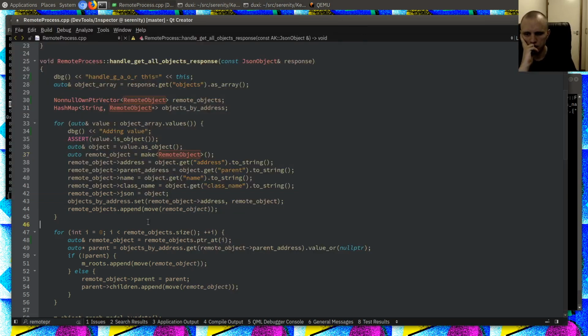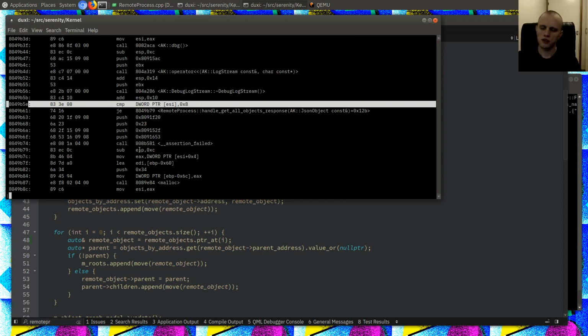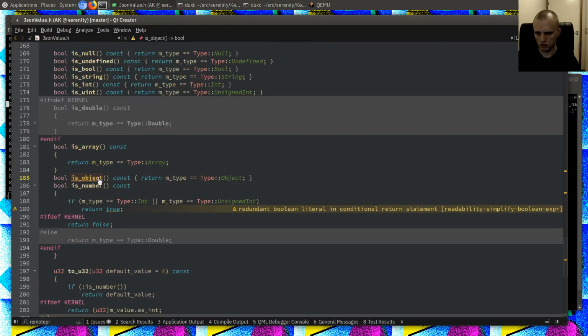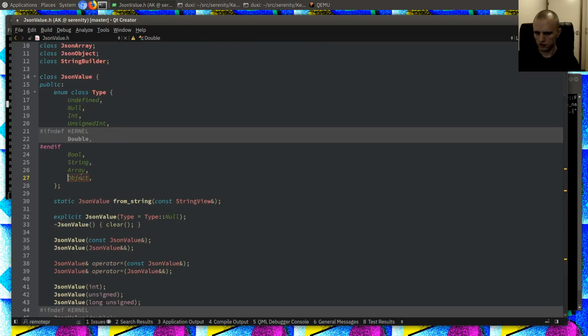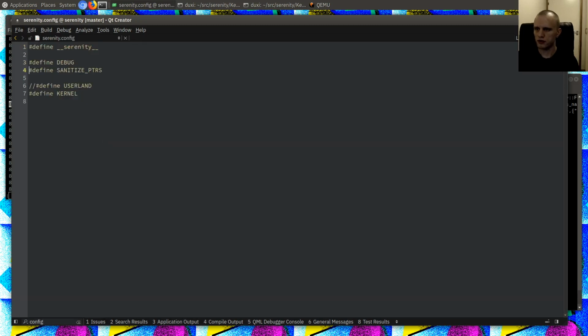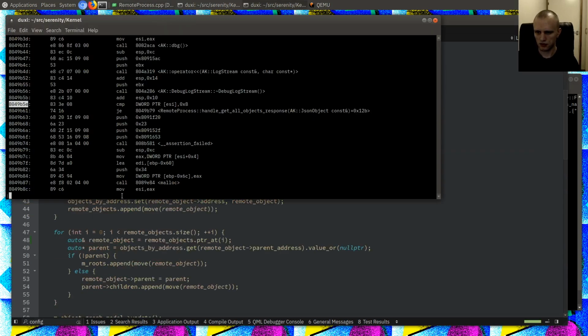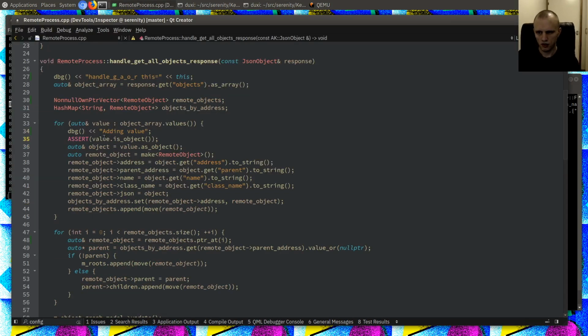Call debug log stream. Value is object. I feel like we're right after the debug log stream here. Comparing it to 8. That's 7, but we're in user space now, so that would be an 8. Actually, maybe let me switch over to user space. User land. Boom, 8. Okay, so it's trying to read the value field,